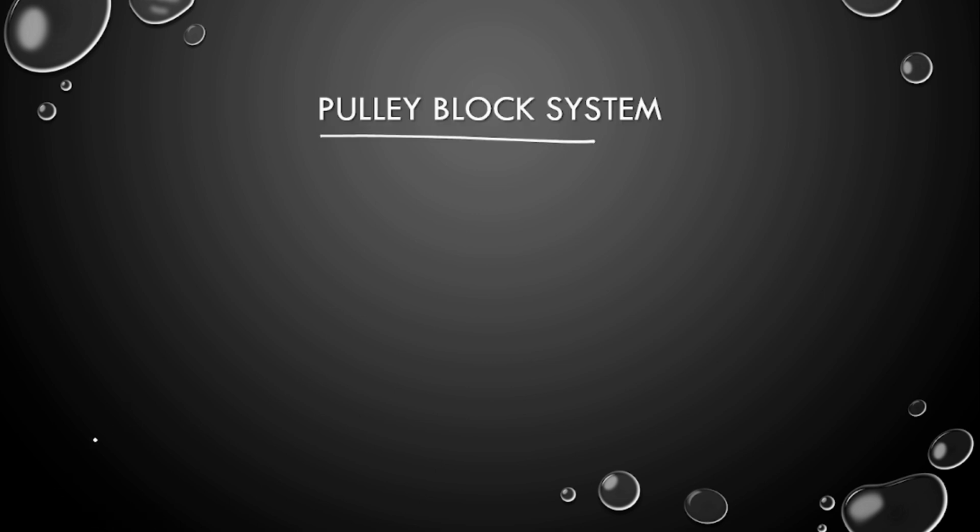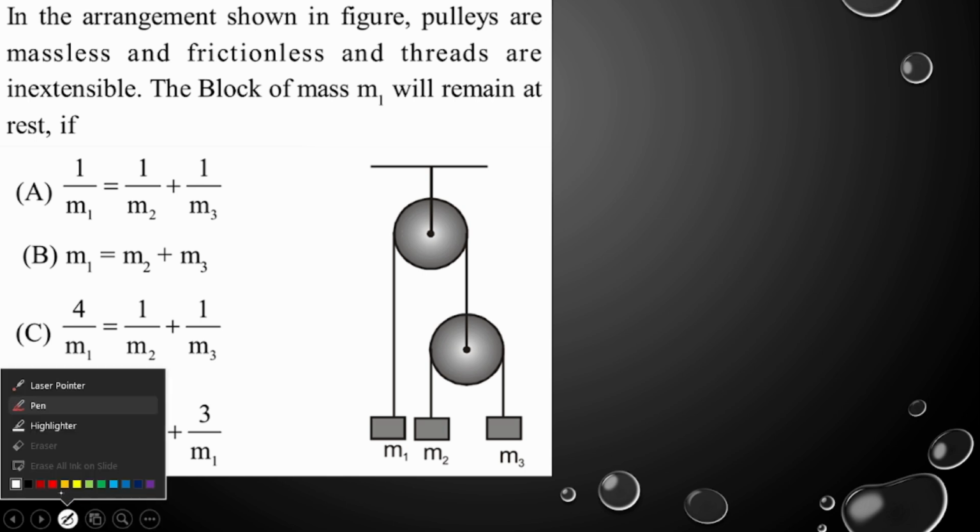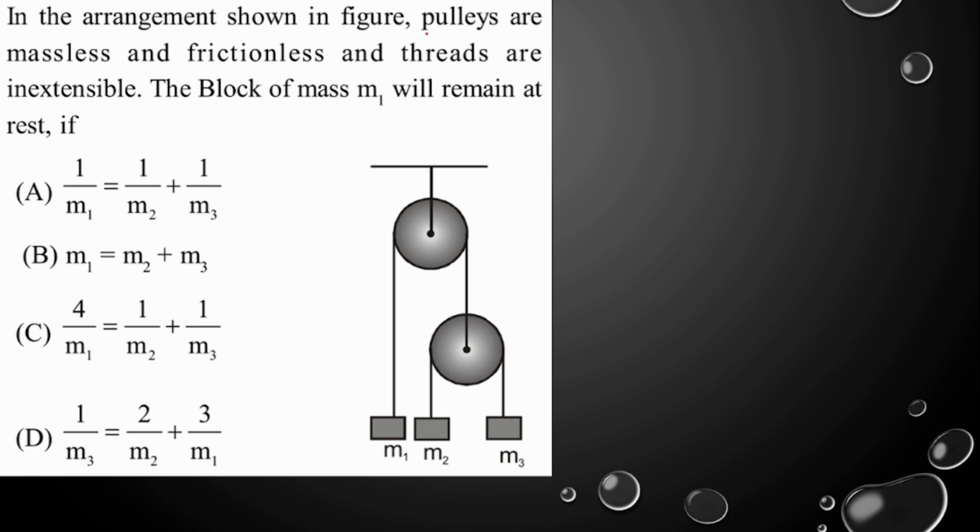We are going to discuss exercise 2 level 1. In that we are going to discuss the pulley block system. The question number 1 is: the pulleys are massless and frictionless, threads are inextensible, block of mass m1 will remain at rest if